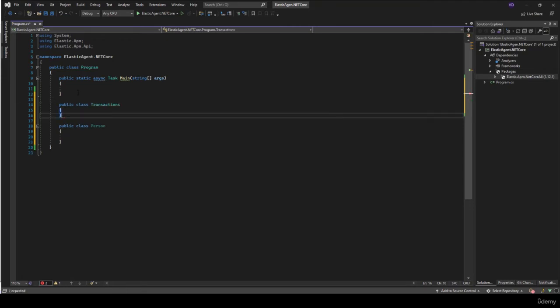There is pretty much nothing in them, they will be bare bones, so I will try to mimic some functionality just to showcase the Elastic agent integration, and then once you get the idea, you can bring a lot more robustness and complexity to your software applications, and you can monitor them through the APM functionality from the Elastic